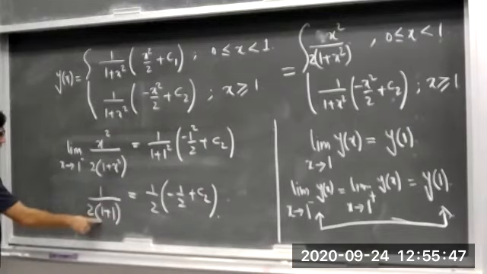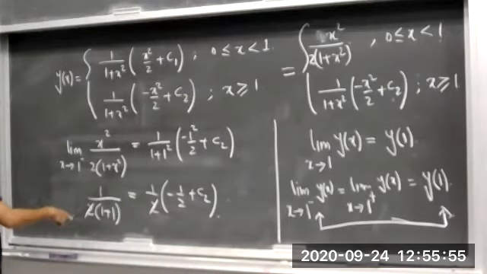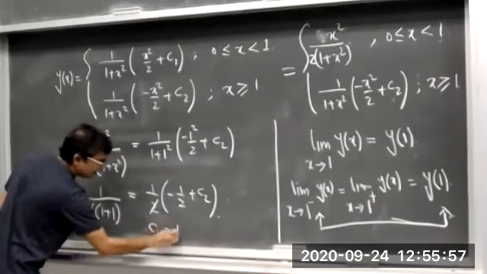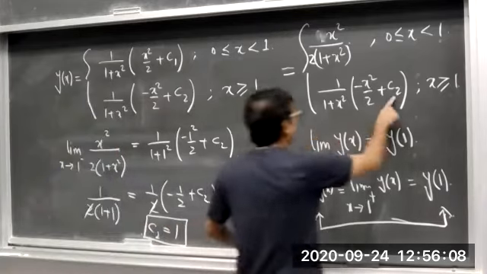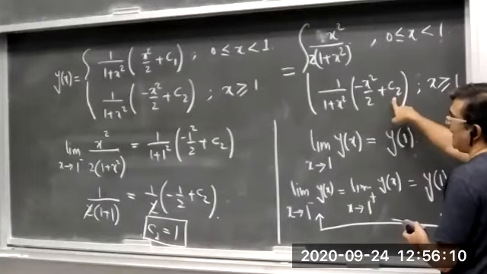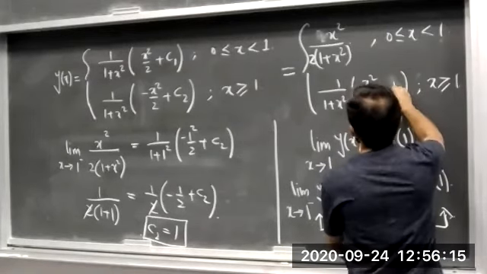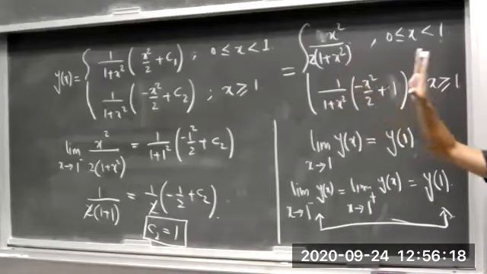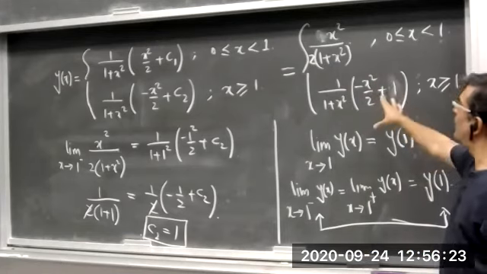ये 1 by 4 है, ये 2 और 2 कैंसिल हो गया तो आपके पास यहाँ पे 1 by 2, 1 by 2, ये 1 by 2 इधर आके प्लस हो गया तो C2 की वैल्यू आपके पास 1 होगी, ठीक है। अगर C2 की वैल्यू 1 है तो इस सोल्यूशन में आपके पास फाइनली 1 आ जाएगा। So this is your required solution, which is differentiable up to order 1 on